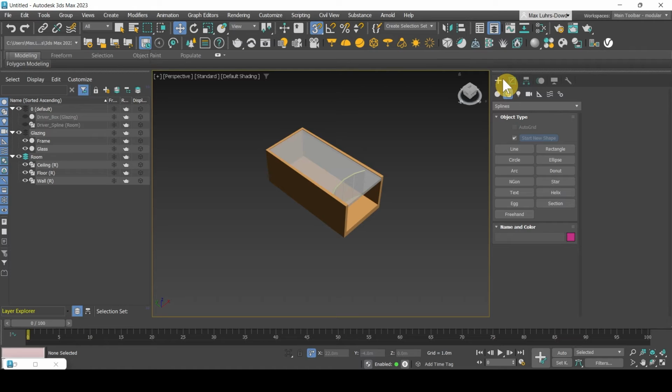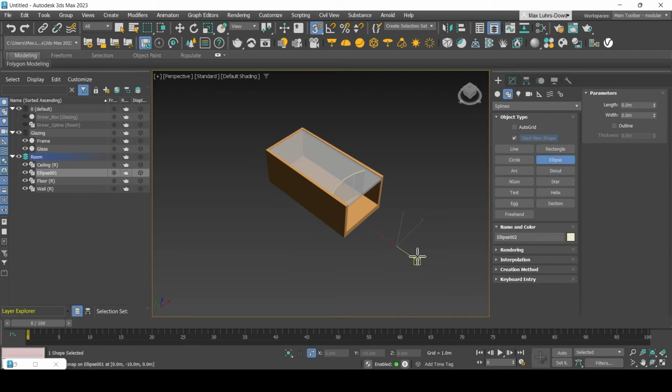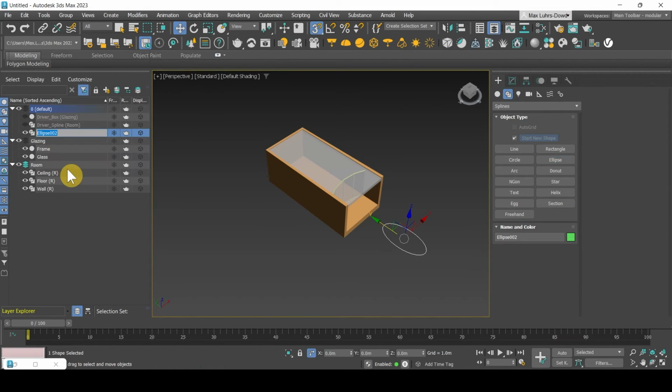I'm going to create another driver under the Shapes tab. I'm going to select Ellipse. Just going to click and drag here, get my rough shape. Just delete that one that I accidentally made. I'm going to select that into the driver box as well. I'm going to rename that driver